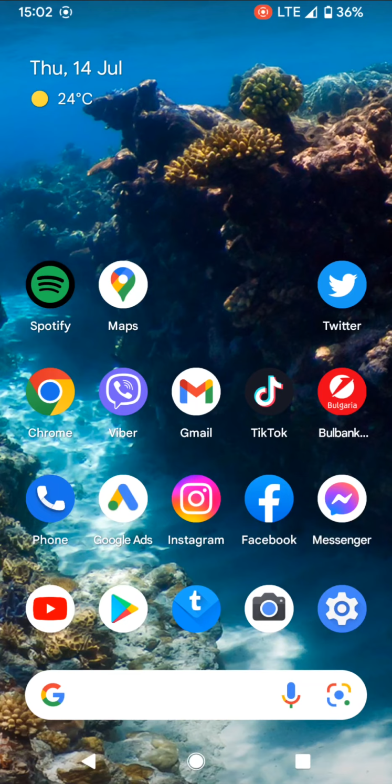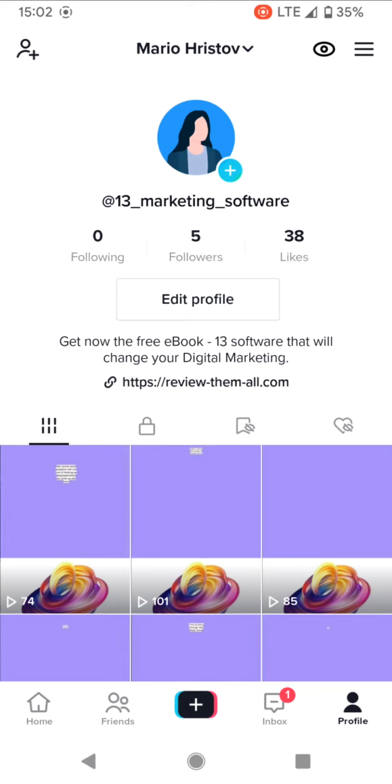How to delete multiple TikTok videos at once. If you want to delete all TikTok videos without deleting the whole account, let me show you the fastest way to delete TikTok videos. We open TikTok,